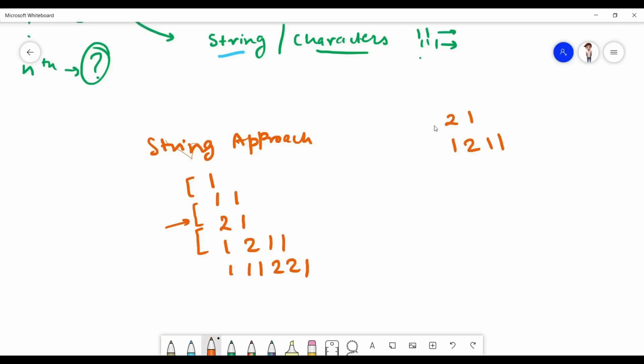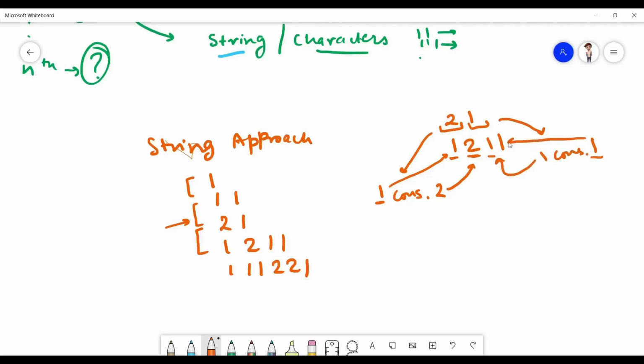So what does this say? One consecutive one over here, one consecutive 2 over here. So this is 1 and this is 2. This is representing this value, and similarly this one is representing this value over here.